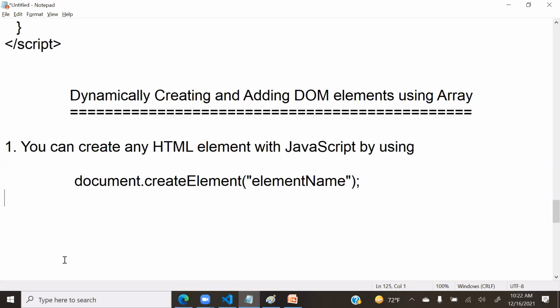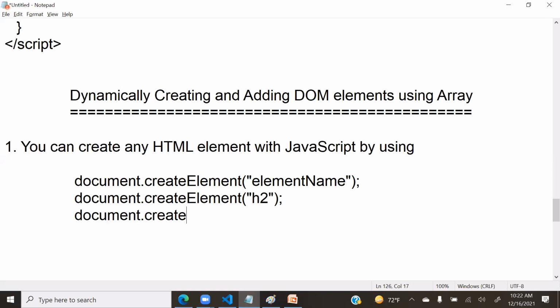With document.createElement you can create it. Suppose I want to create a heading, then we have to use the heading tag like this. Suppose I want to create an image, so document.createElement. So first step,